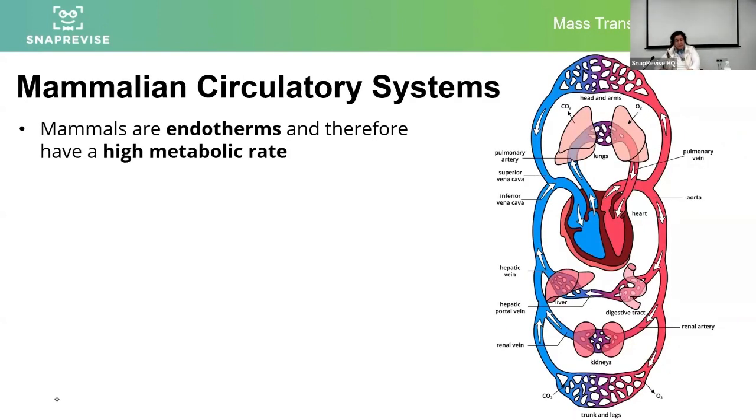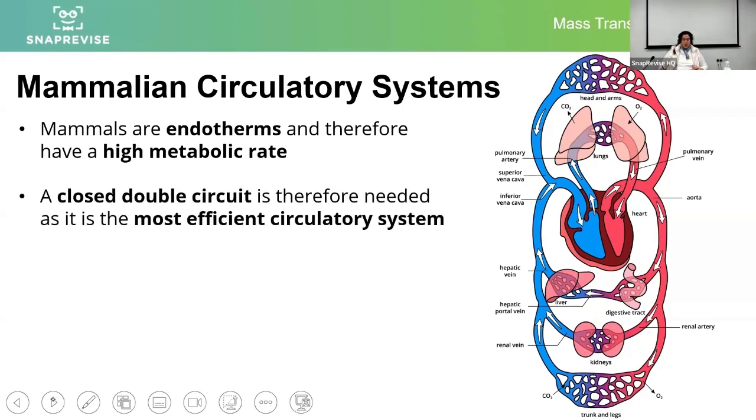Specifically now, the mammalian circulatory system is an example of a double closed circulatory system. And how can we describe it? What can we say about it? Well, mammals specifically are all endotherms. They expend energy, so they have a higher metabolic rate. Animals spend about 80% of their energy to maintain their body temperature. So it's the most efficient circulatory system. A double closed circuit is needed